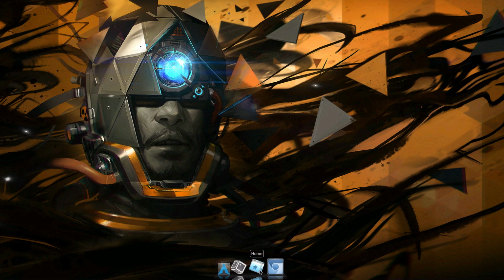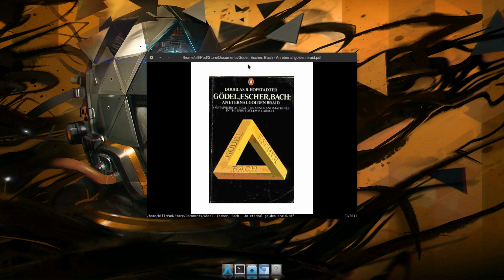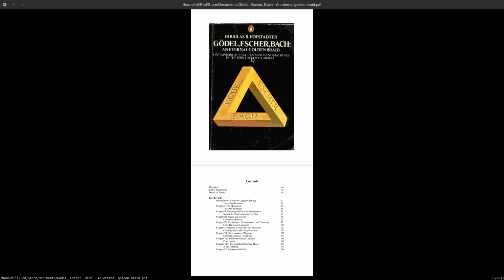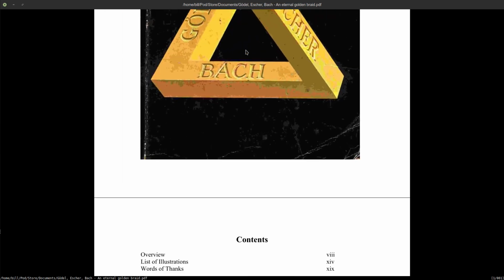Now, over here is a combination file chooser and file system browser. So I can open that up and I can go into it, and here's where all my personal files are, like these books here. So I can open up a specific book like that, and make it bigger. So this kind of stuff,